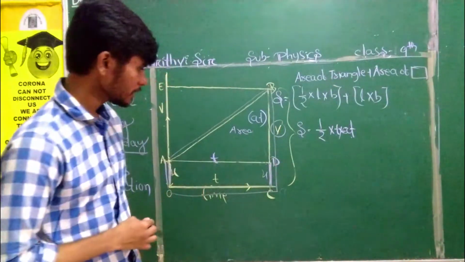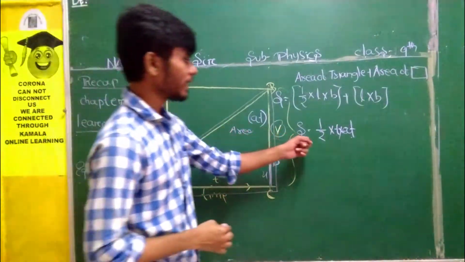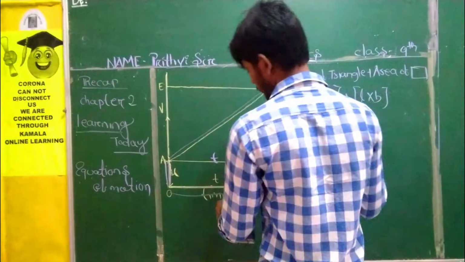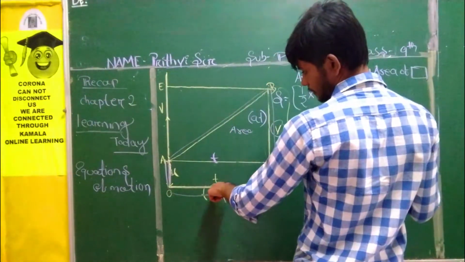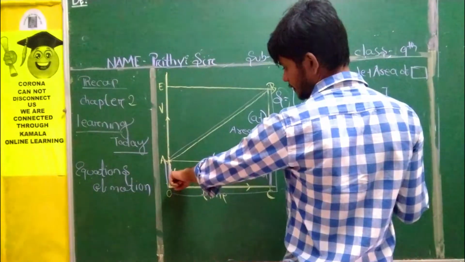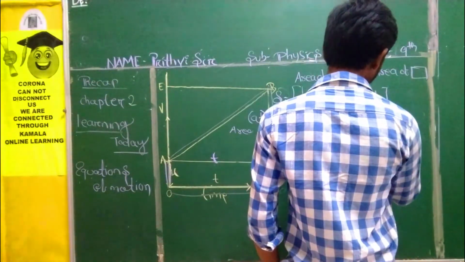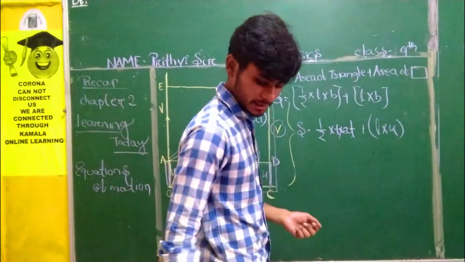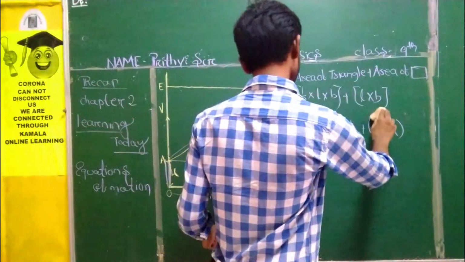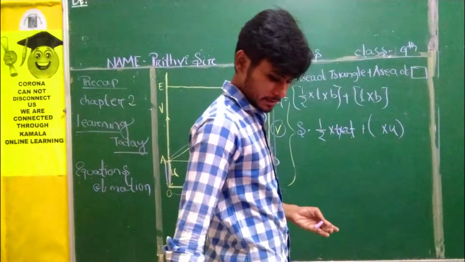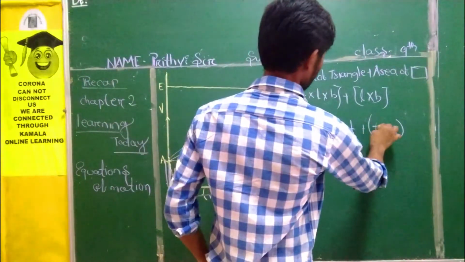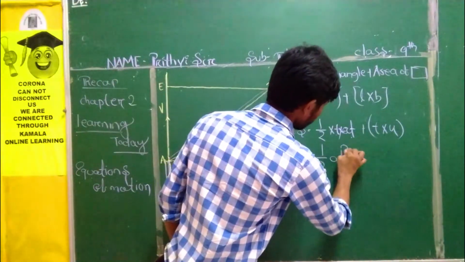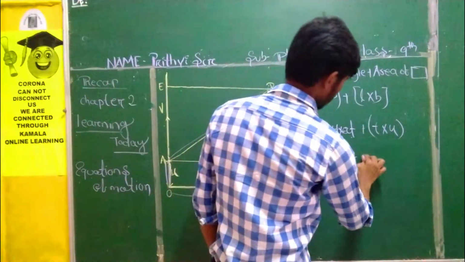Now you see 80 we got. Now I write here s is equal to half into t into 80 plus length into breadth. Where length, this is t. Sorry, this is your length, that is t. Breadth is equal to u. So I write here L into u. L means t now. Here the value of L is equal to t. So I write here t. Now half AT square plus UT.